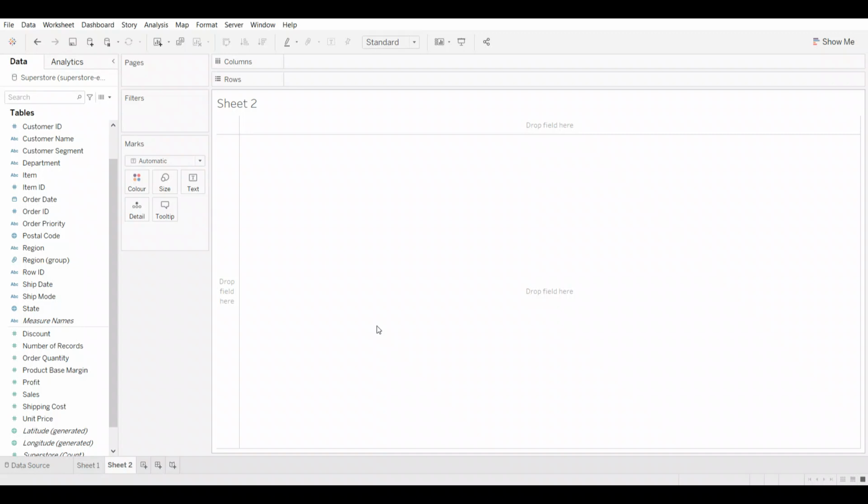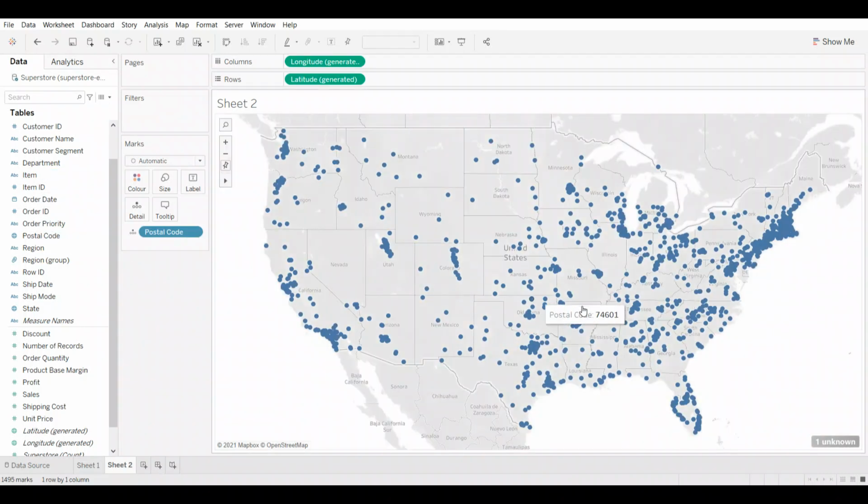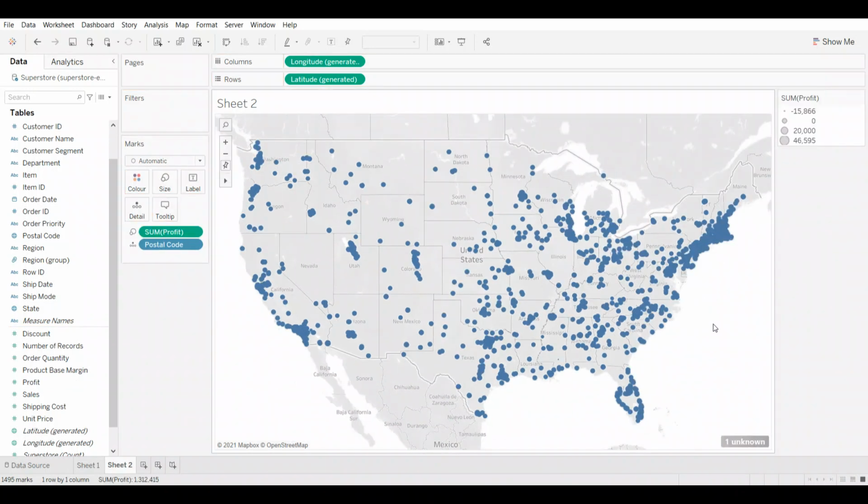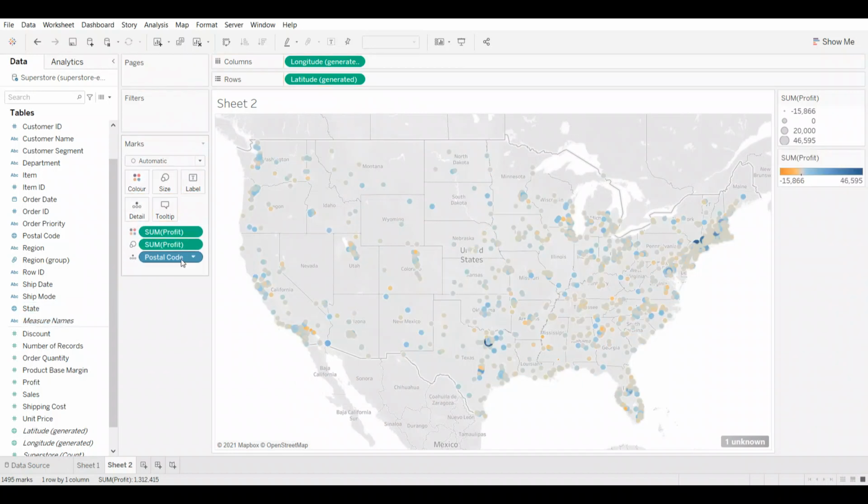All right, let's take the postal code now instead. And now here's the United States with different postal codes. And now we need profit, for example. So let's take profit and drop it into different sizes. So now we have a different size. Let's take profit and drag and drop it into different colors. And now we have